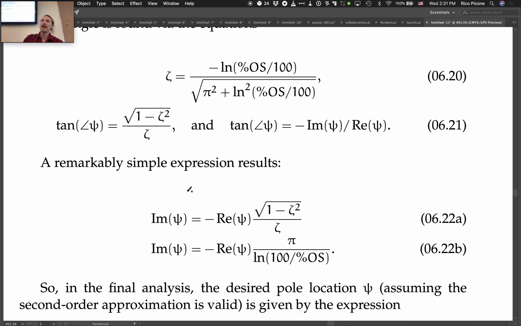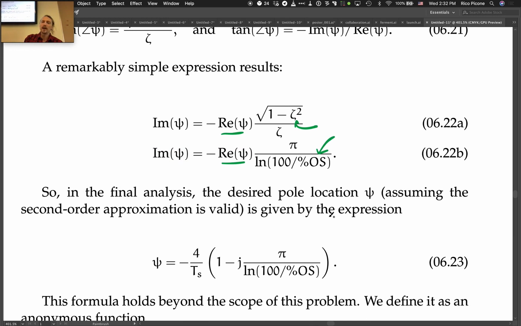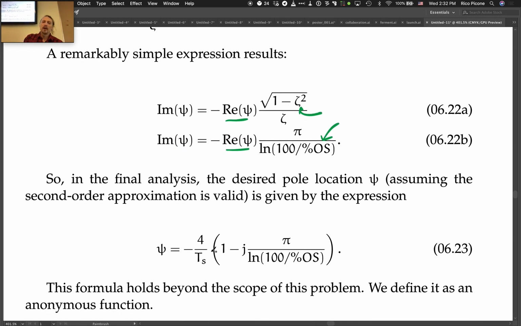We need to know the real part of psi, we need to know the imaginary part of psi. So we have two expressions. I wrote it out in two different ways. So you can either use the damping ratio or the percent overshoot. And you also need to know what the real part is as well. So you got to find the real part first, then you can find the imaginary part. So in the final analysis, the desired pole location, psi, assuming the second order approximation is valid, is given by the expression below, which is psi is equal to something that depends on the settling time and the percent overshoot